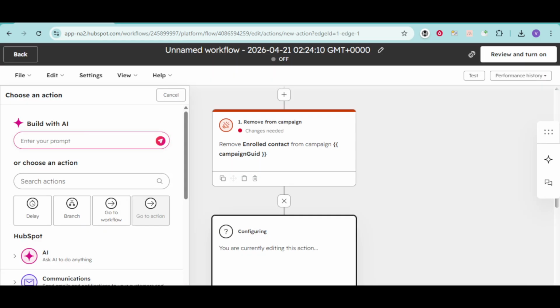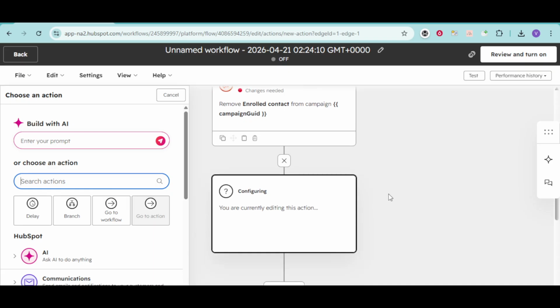Now, once you're in the editing mode of your bot, look for the plus icon, which usually looks like a small circle with a plus sign inside it. This icon is your gateway to adding new actions or interactions within your bot's flow. Go ahead and click this plus icon at the point where you want the meeting offer to appear in the chat sequence. This is a crucial step as it determines when your meeting link will be presented to the user